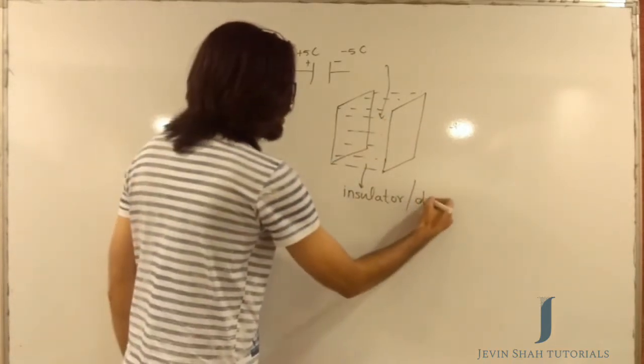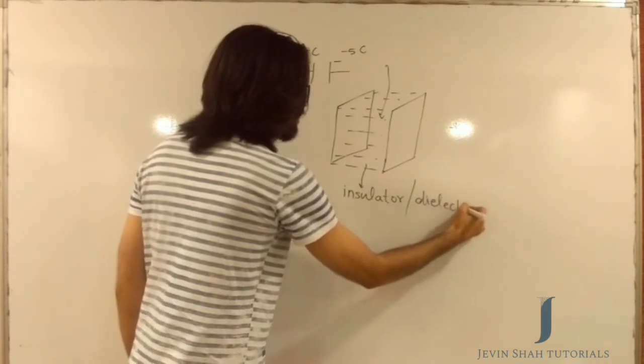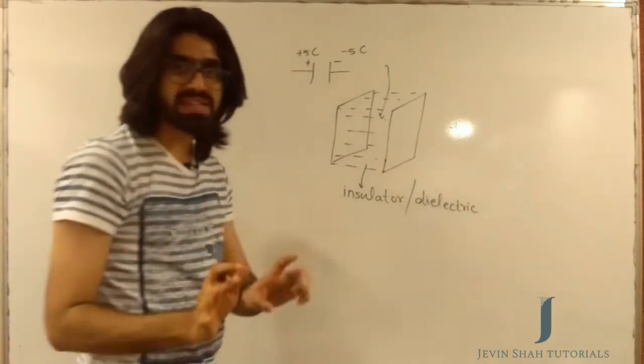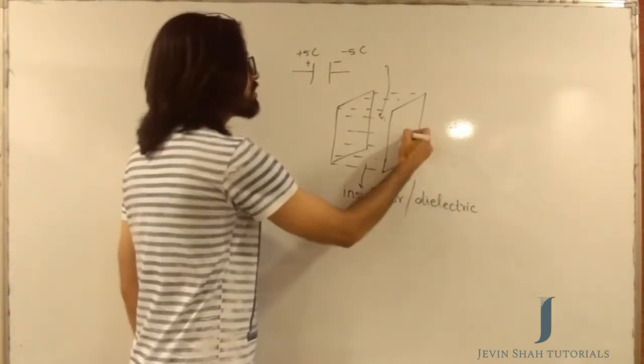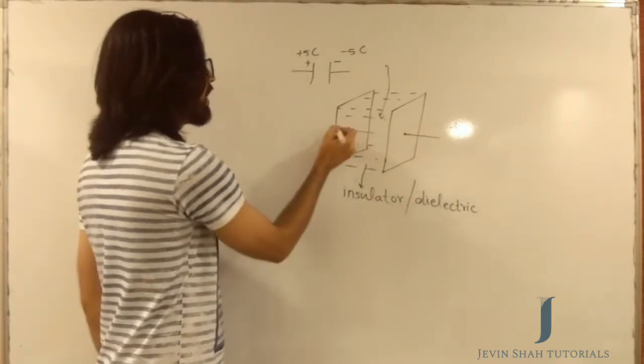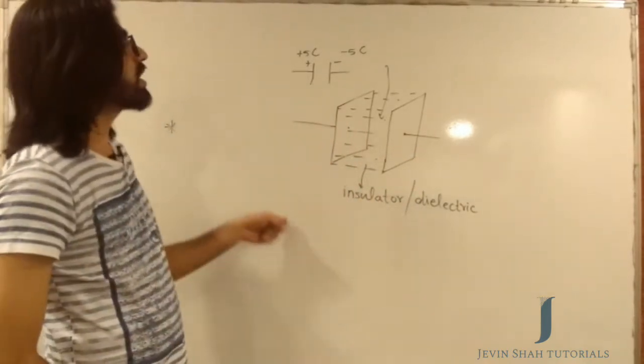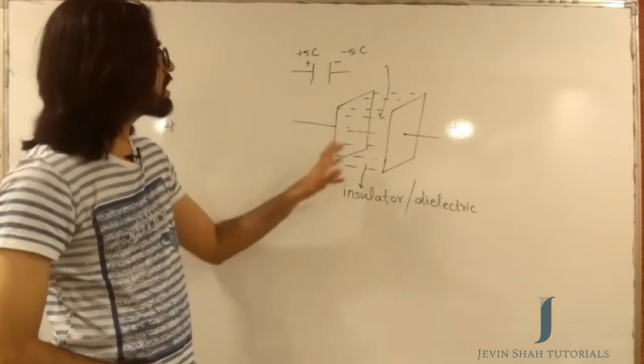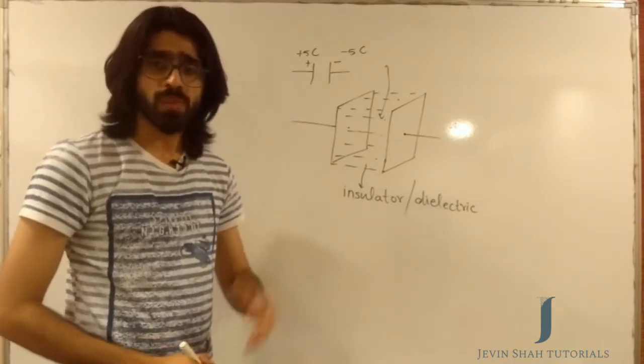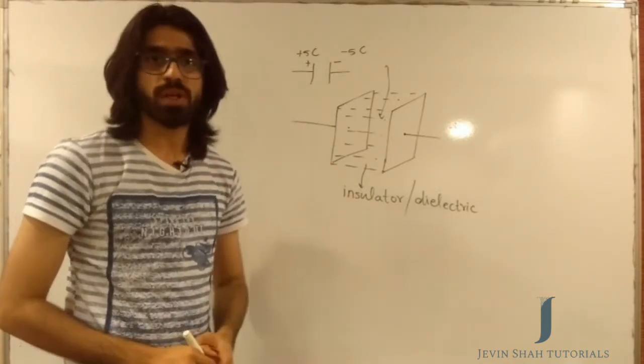So like I said, we call it a dielectric, which means an insulator, and these parallel plates have some kind of a path right here through which they can be connected in a circuit. So that is how a capacitor is going to look. Now think about an equation for a capacitor.